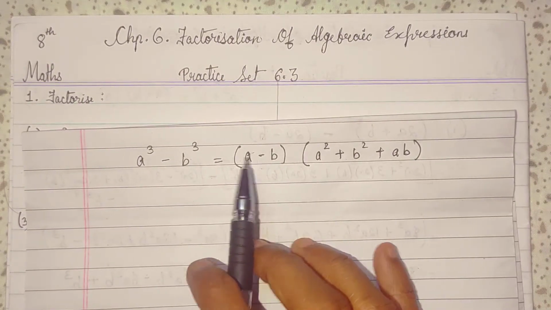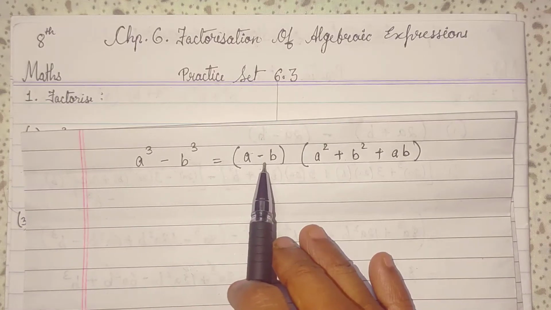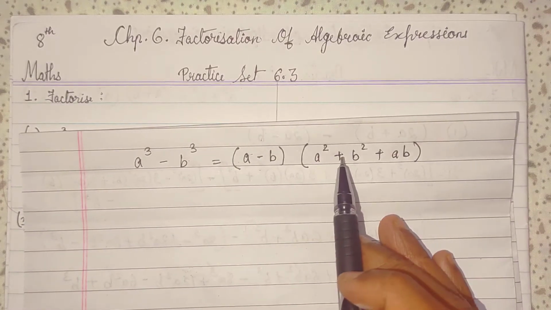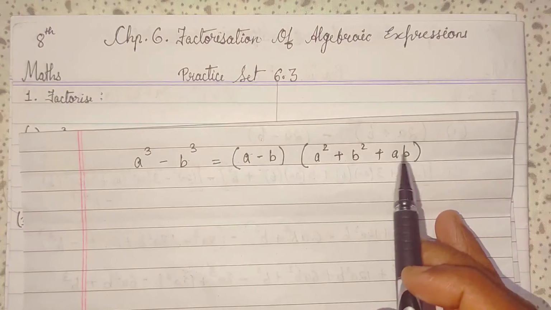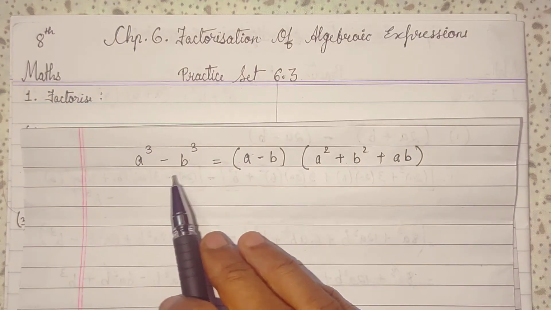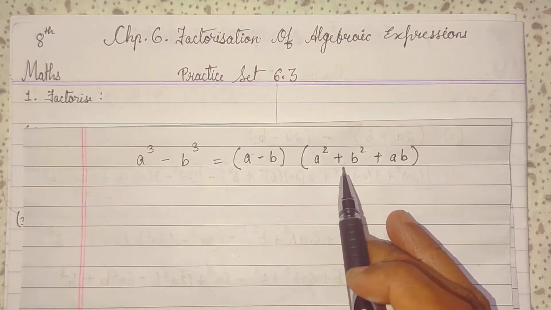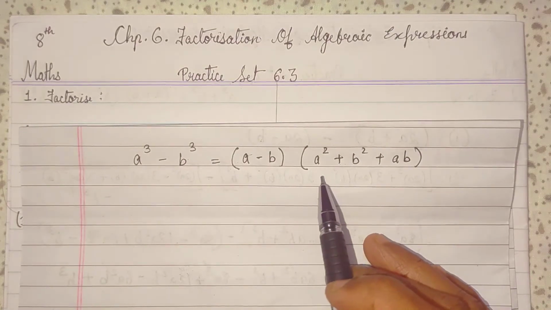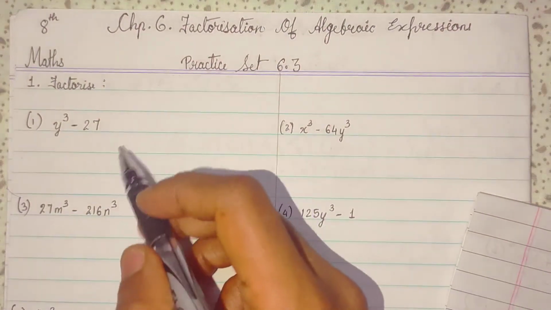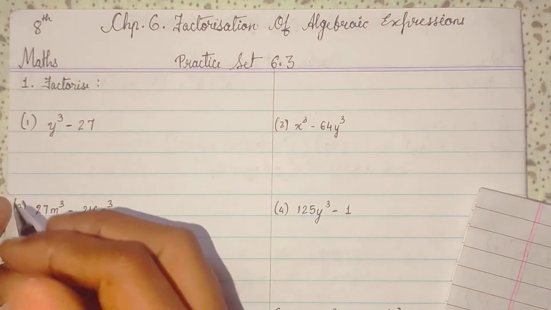In the plus formula it was a plus b, so now a minus b. And then a square plus b square plus ab. So in the plus formula there was subtraction. By using this formula we will solve these sums. So first sum,